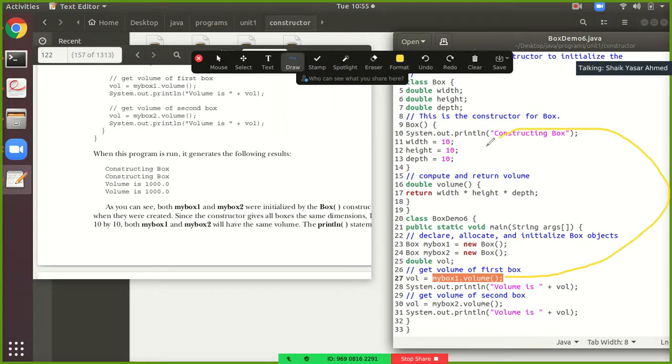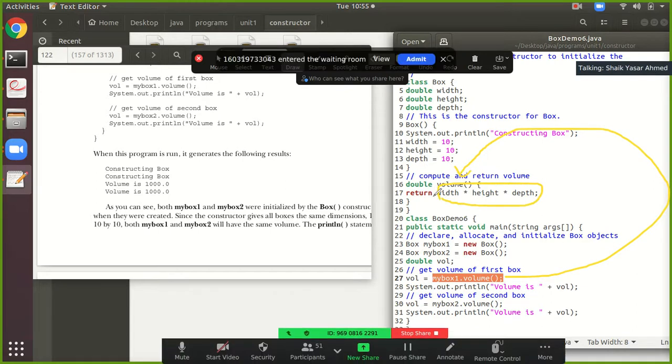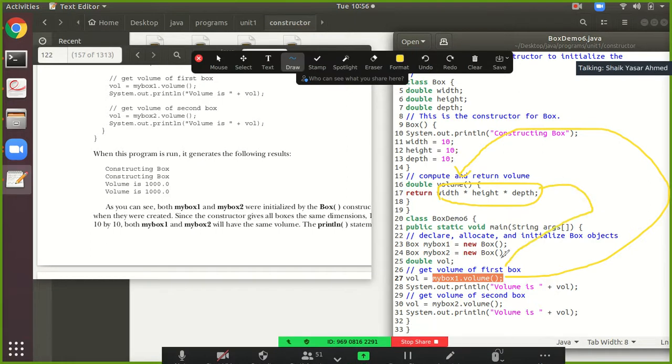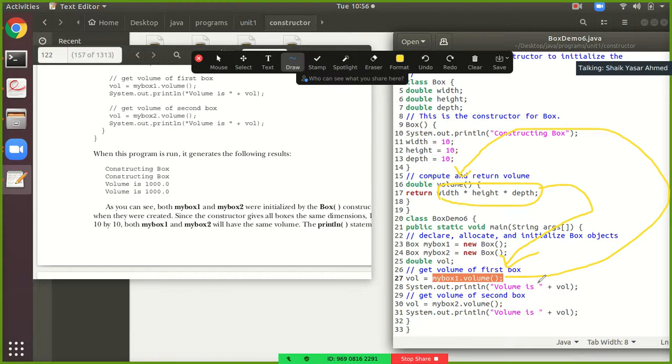It will calculate width, height and depth multiplied, and return it back to the 27th line. So vol will be equal to 1000.